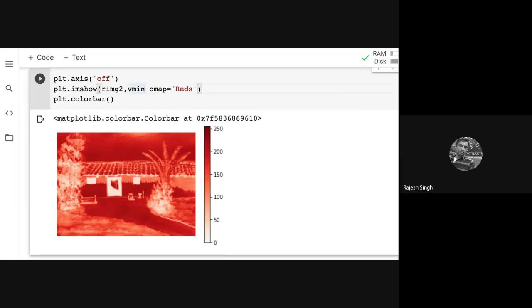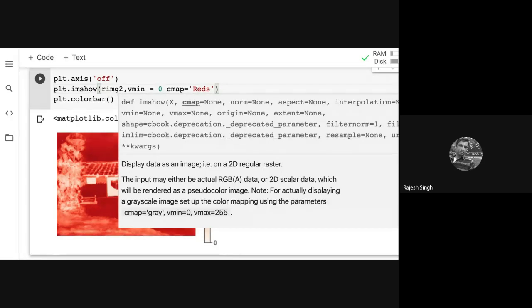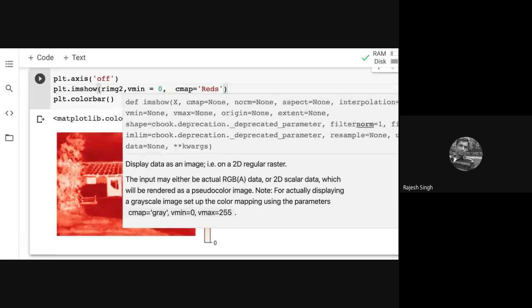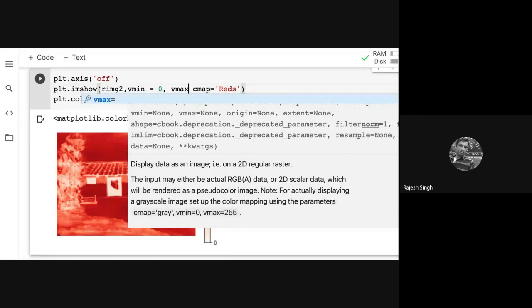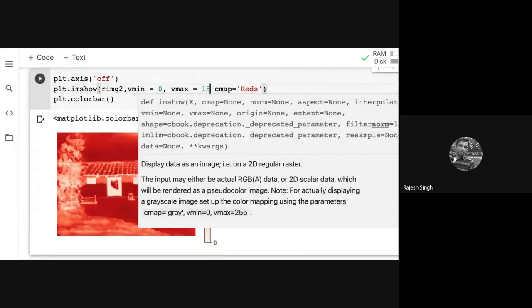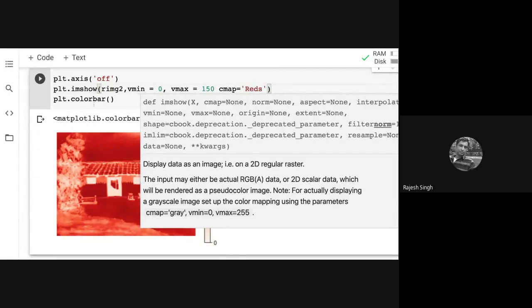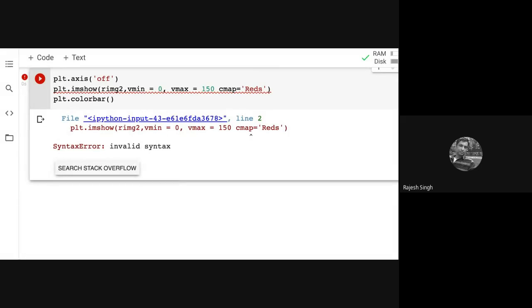So I can leave vmin equal to 0, while vmax, value max and value minimum, I can bring it to 150. And now I play. Oh, some error. I did not put the comma.